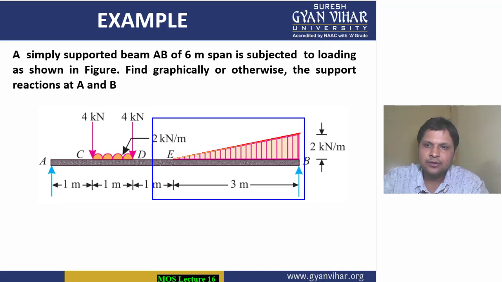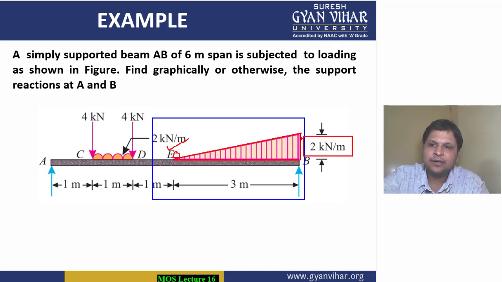That time I told you that this is your uniformly varying load, and in this type of load the load is not constant over the entire length. It is increasing from a point, from its minimum value to some maximum value at the other end. As you can see, at point E the value of the load is 0, and it increases uniformly, and its maximum value of 2 kilonewton per meter is at point B. Here you have the value 2 kilonewton per meter.